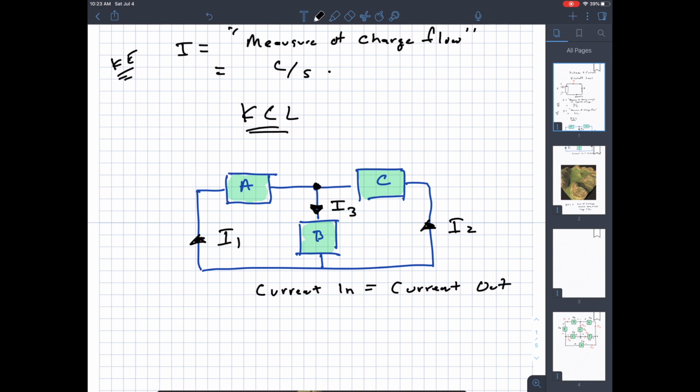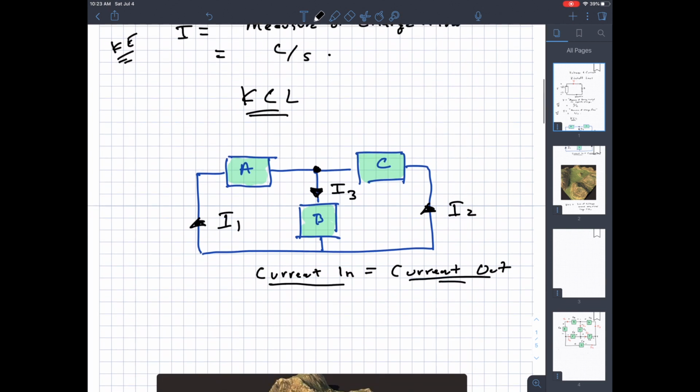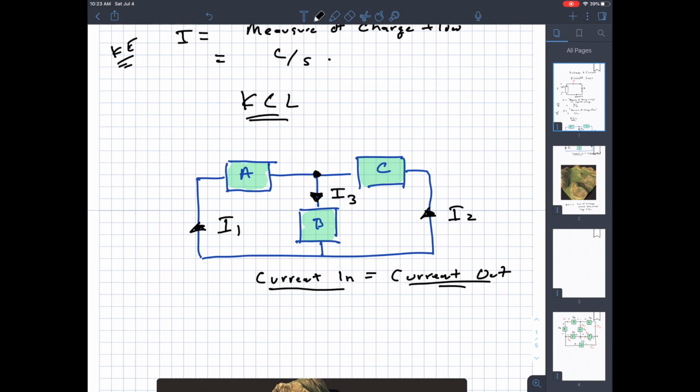There's some versions of KCL where you reference all the branch currents or all the currents coming out of the node, and then if you do that, the sum of currents going out of the node is equal to 0. But they all have to be referenced the same way for it to be that version of Kirchhoff's current law. All right, so I like to think of it as current in is equal to current out. And that lets you write an equation. All right, so KCL for node 1